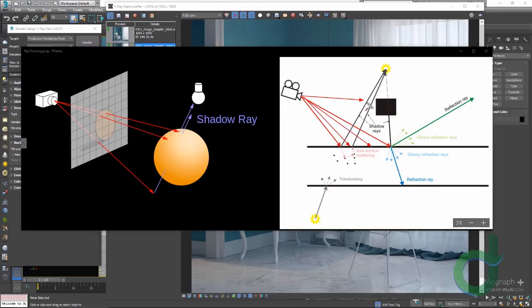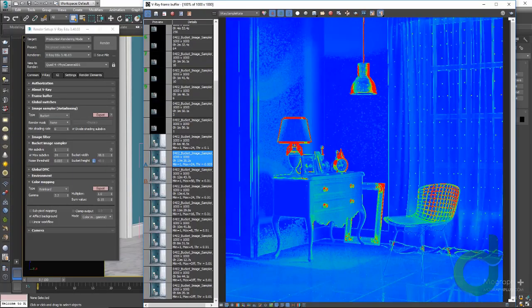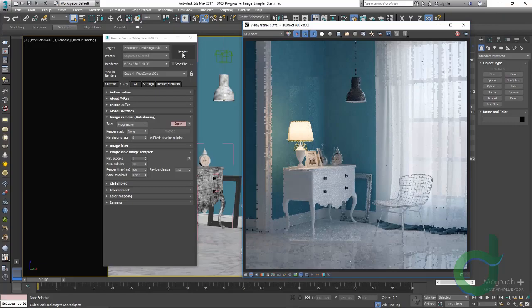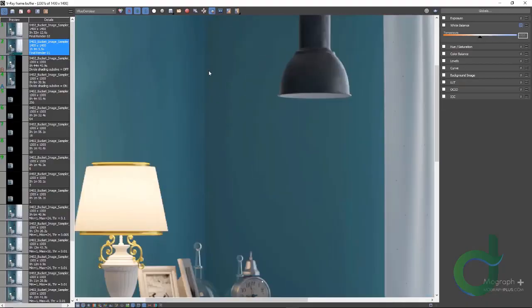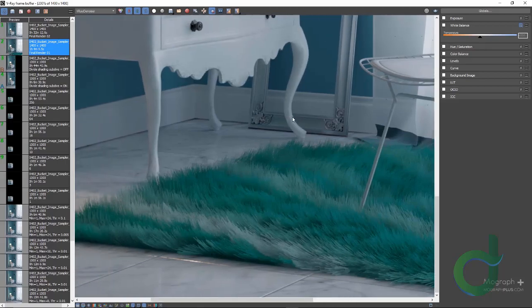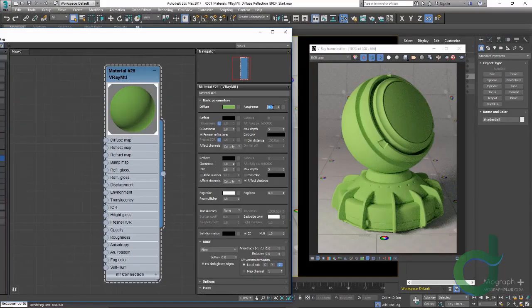Section 4 will be dedicated to the very core of V-Ray, which is image sampling. First, we'll learn the basic concept, and then we'll learn about bucket and progressive image sampler, global DMC options, image filters, and render masks. Section 5 is all about V-Ray materials, and this is the longest section of the course,